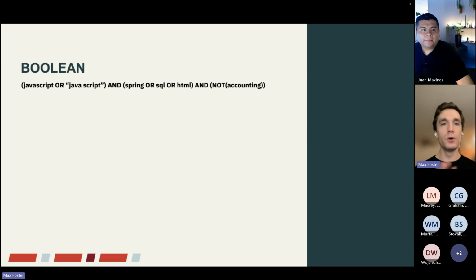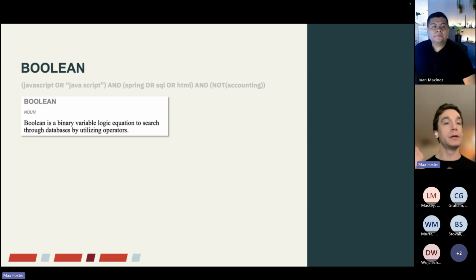Okay, Boolean. If this looks intimidating for you, we will go over this right now, and I will fully break down how to write this. If you are a veteran of Boolean, I will explain a couple of small nuances here and there, so I hope I keep your attention. And then we'll run an actual mobile developer Boolean in our database so you can see, and I'm going to show you a couple of tips and tricks on how to manipulate that.